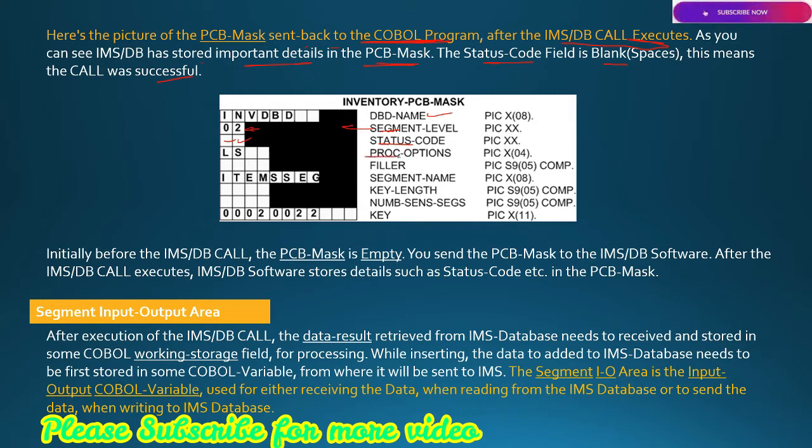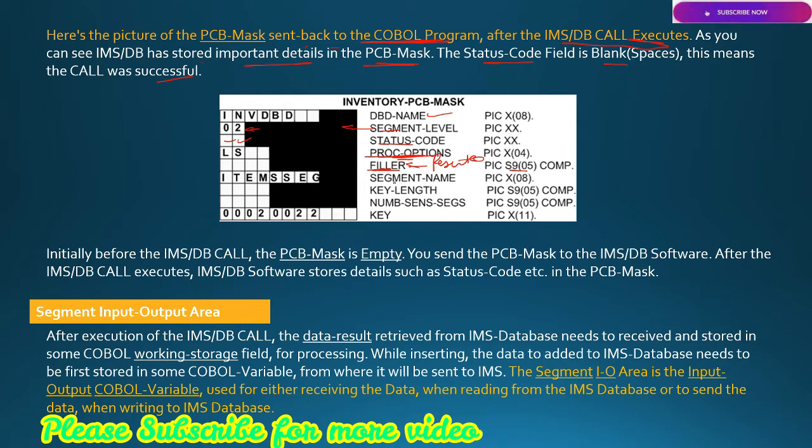We have the processing option, which defines the authority to perform this operation on the database. Then we have the filler, reserved space of 905 bytes, which IMS reserves for its internal functions.